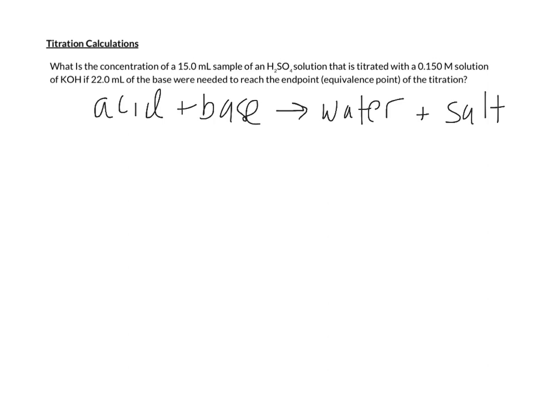The first thing we need to do is write out the balanced chemical equation. Now, the AP exam may or may not specify how they want you to do this. If they don't give any instruction, generally you're fine with just writing the molecular equation. And in our case, we have H2SO4, sulfuric acid, and KOH,